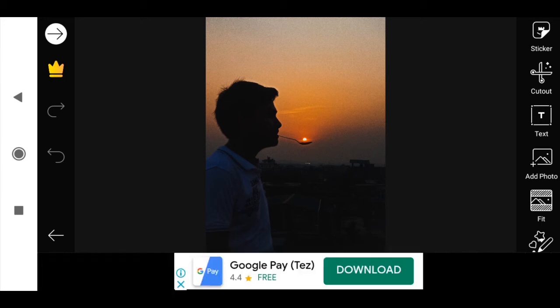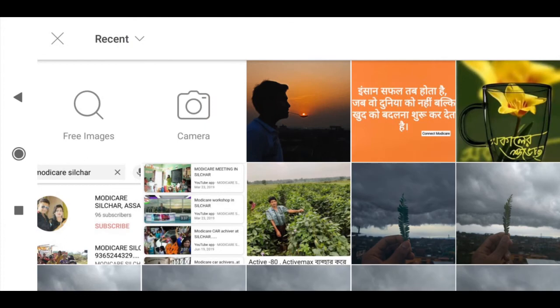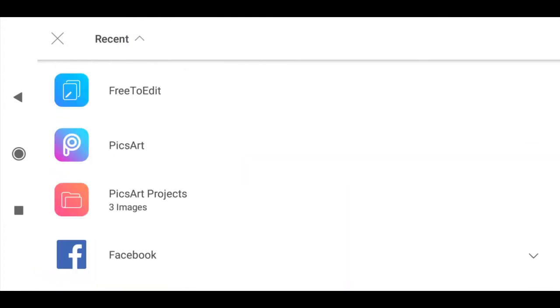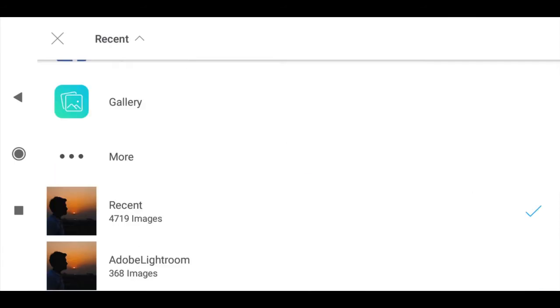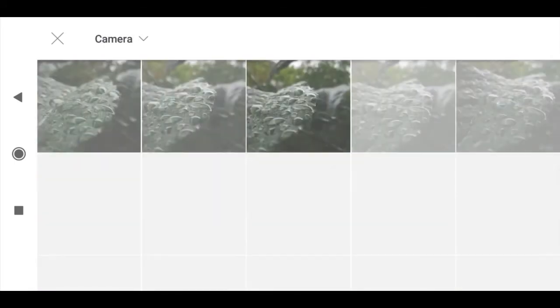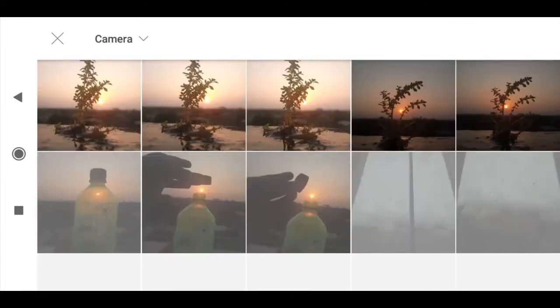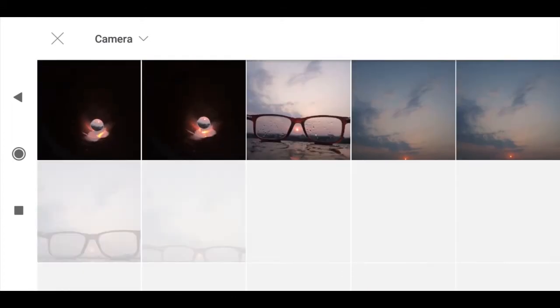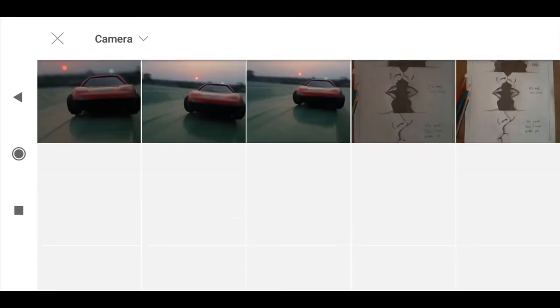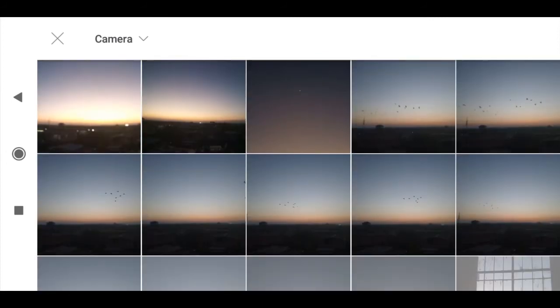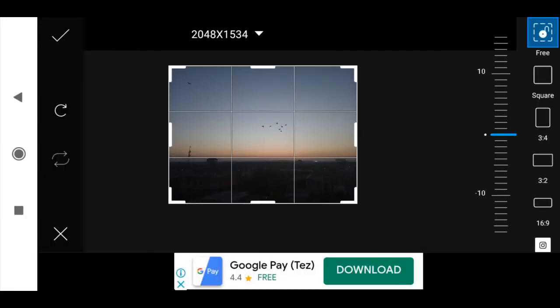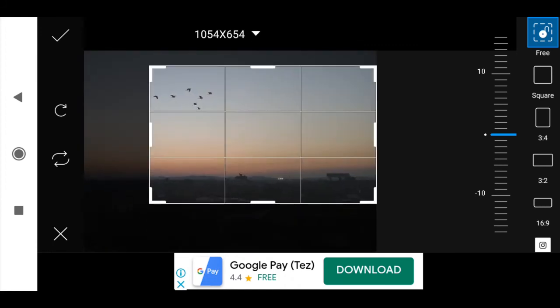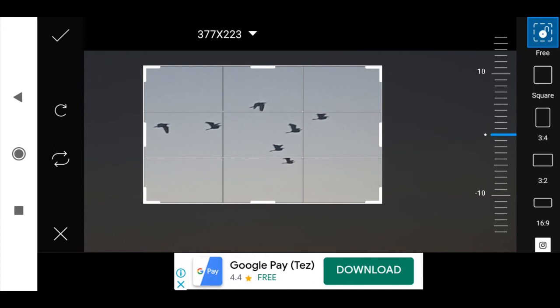So now we'll be importing some bars. Just we'll import this and we'll cut it.